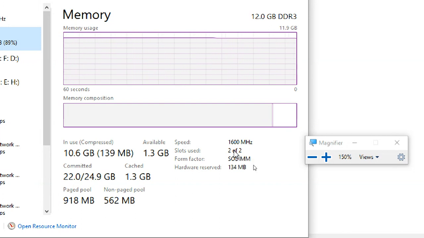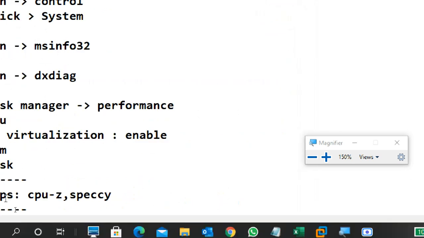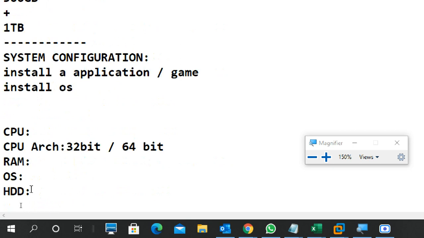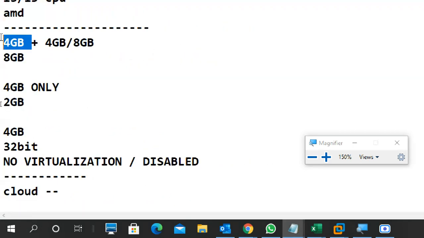You can go through it, and based on that we can add RAM. Generally, any laptop or desktop nowadays has only two slots. So if one slot is 4 GB, in the other slot you can put 4 GB or 8 GB RAM. If you have 4 GB already, you can add 4 GB or 8 GB. Check your system configuration and slot availability. If you have 8 GB, you can run happily, no problem.